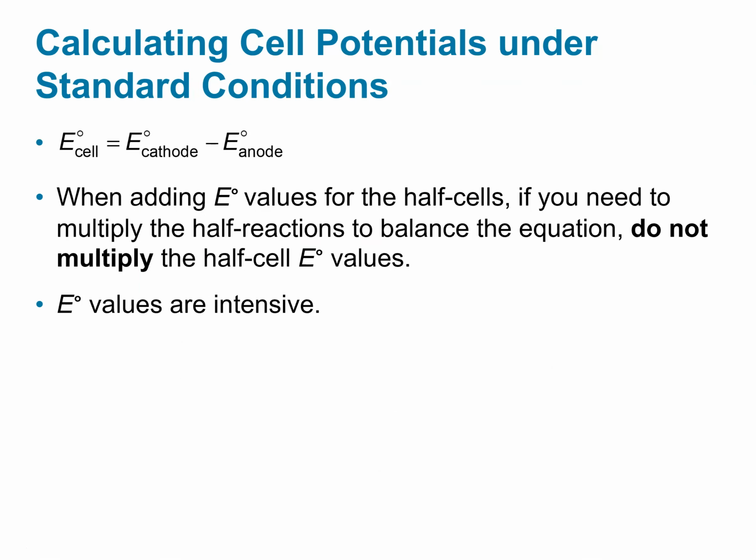So let's calculate some cell potentials under standard conditions. So the standard potential for a cell is going to be, my goodness, they got that completely backwards. Okay, so we got the oxidation reduction, so we're going to go cathode anode here. It's going to be our cathode side minus our anode side. And this is whenever we're adding our values for our half cells,